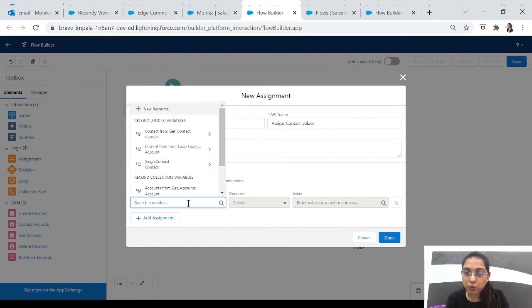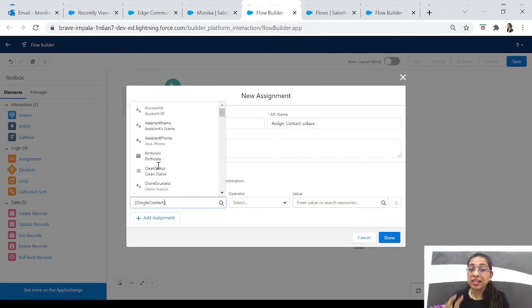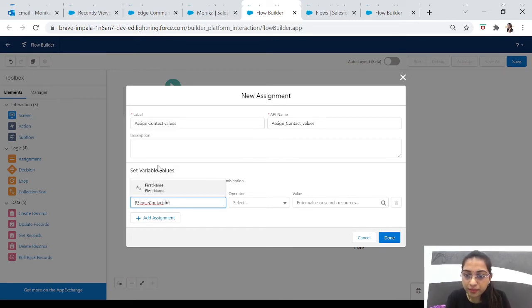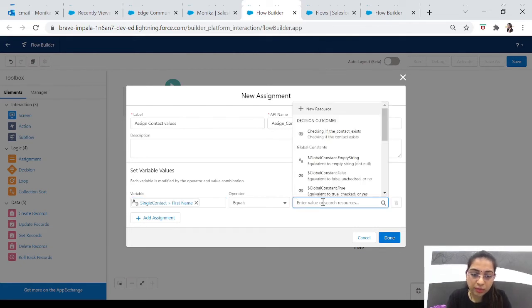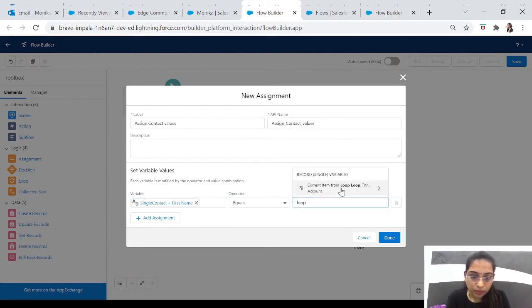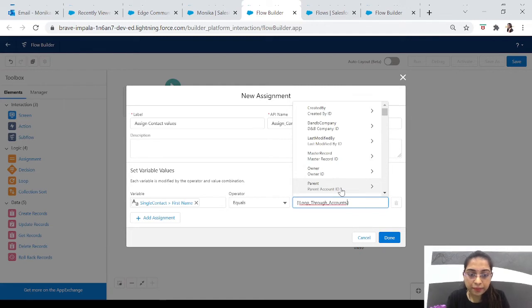We have created a single variable, which is single contact. Now in single contact, you will add all the fields that you want in your create contact record. Like the first name, and the first name should be the account's name, so loop account dot name.